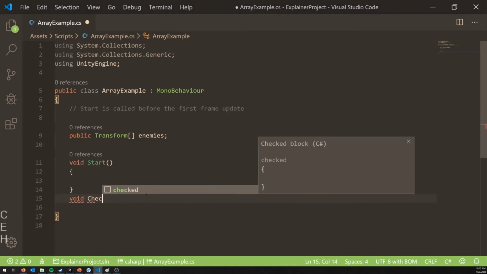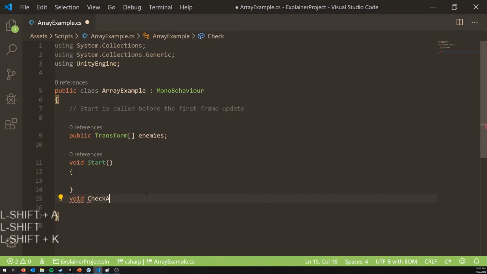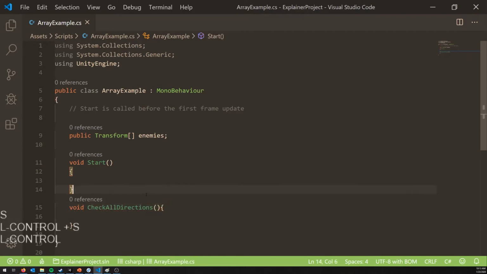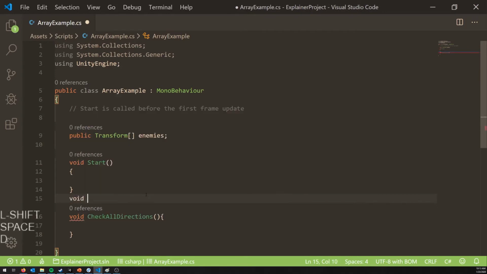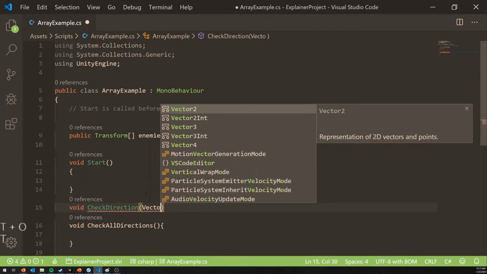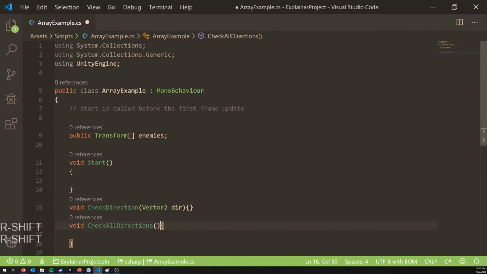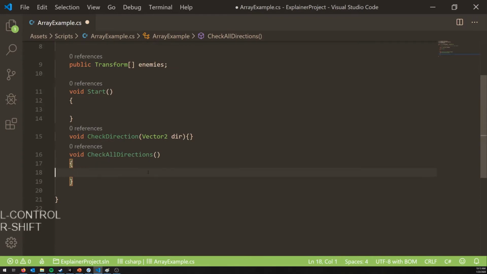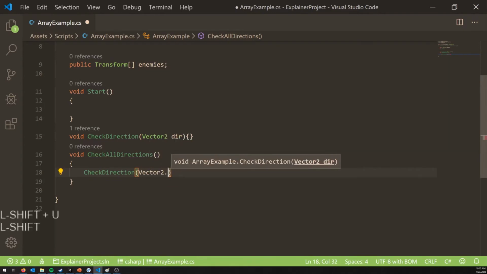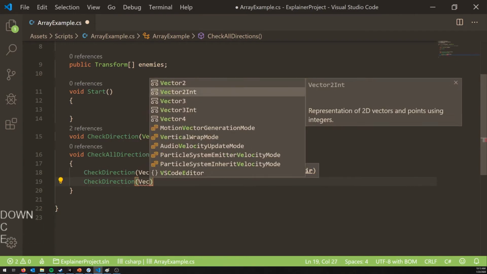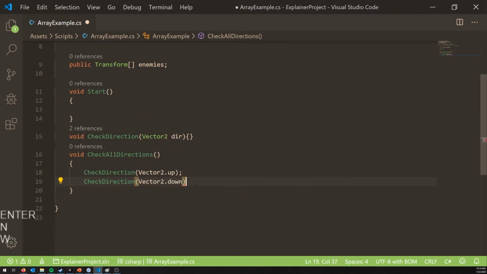So maybe we have some void CheckAllDirections, some function that takes a Vector2 direction, and we want to check every single direction around us. We could do CheckDirection(Vector2.up); CheckDirection(Vector2.down); and that would work. That'd be fine, but